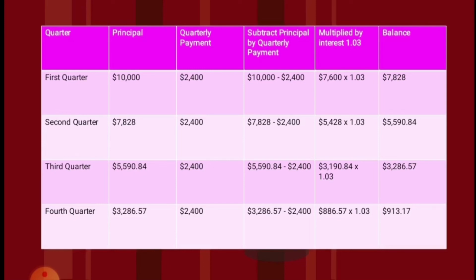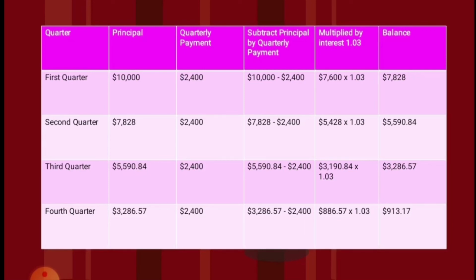And we multiply that by 1.03, as you can see in the fifth column, and that gives us a result of 7,828. So that 7,828 is the balance after Mr. Gary had paid the first quarter. So